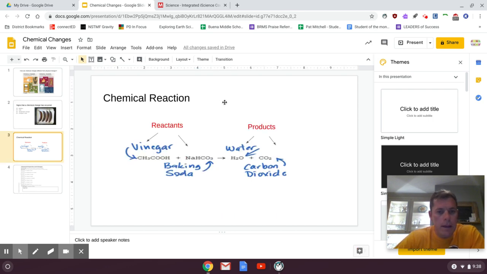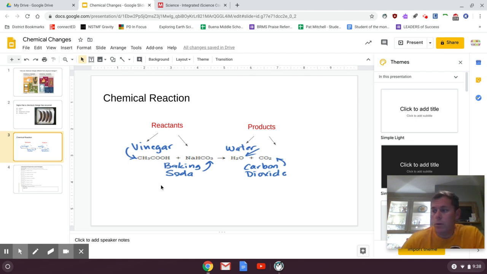Now, when you have a chemical change, that's going to involve something called a chemical reaction. In a chemical reaction, you can show what the actual change is, and there are two parts to this reaction. You're going to first show, on the left-hand side of the arrow right here that I'm circling, think of it like a math problem, that's like the equal sign. On the left-hand side of the arrow you are showing what is being mixed together, or the